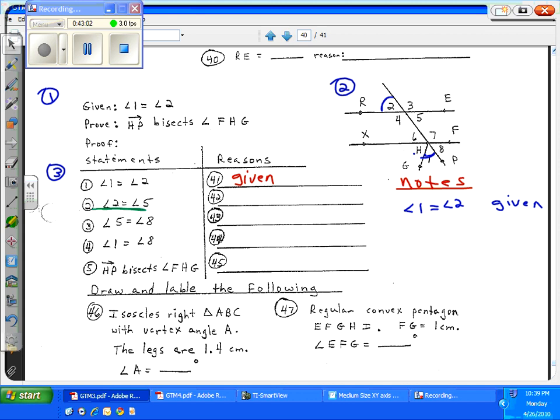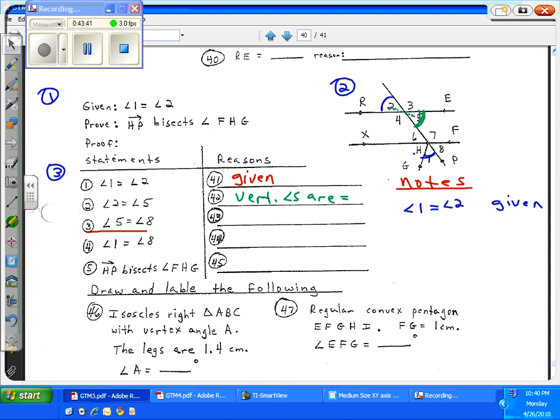Angle 2 is equal to angle 5. We look first in the given, and it's not there, so it's not given. So we look second in the diagram. Angle 2 and angle 5. In the diagram, we recognize angle 2 and 5 as being angles opposite each other when 2 lines intersect. We know those to be vertical angles, and vertical angles are always equal. And so we go to the next given statement,